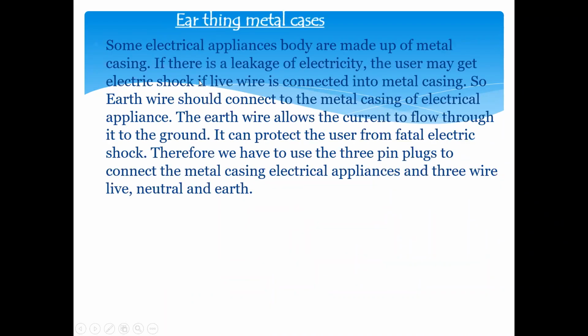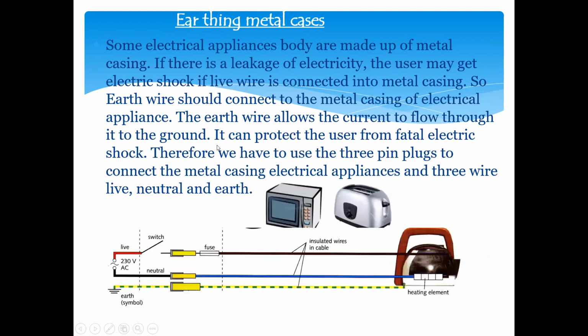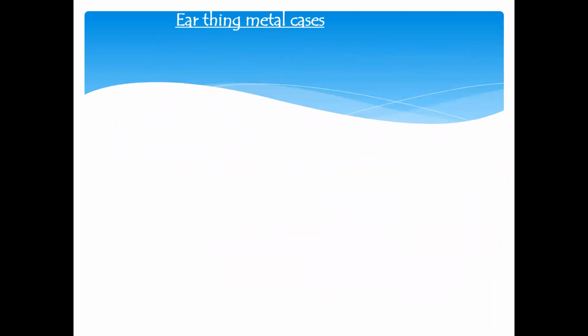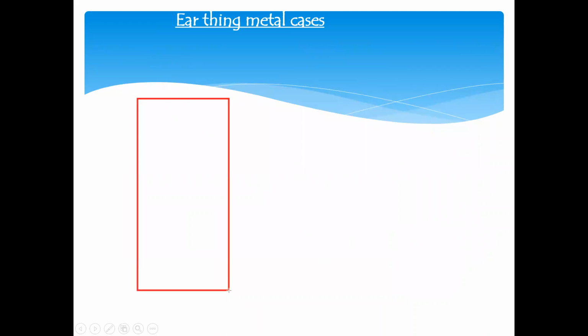Then the last thing is about the earthing wire. Normally, devices such as refrigerators have a conducting body, like a metallic body. This is a side view of a fridge, or a refrigerator. Sometimes when we touch the refrigerator, we might get an electric shock. What might be the reason? The reason is when we are using this refrigerator,